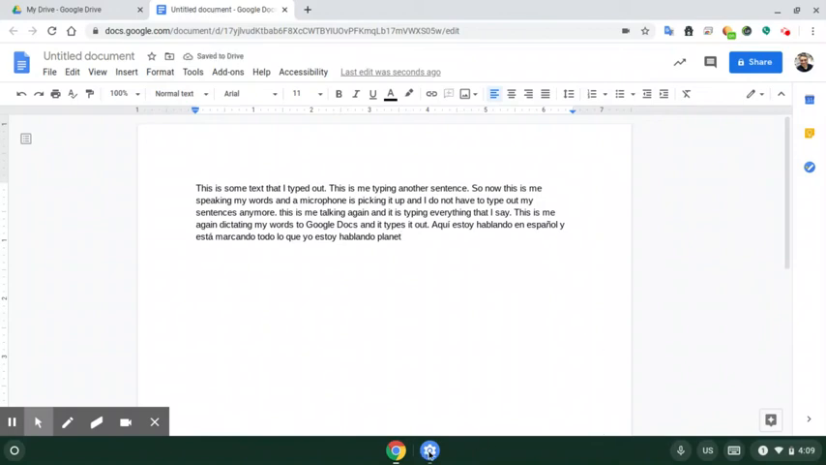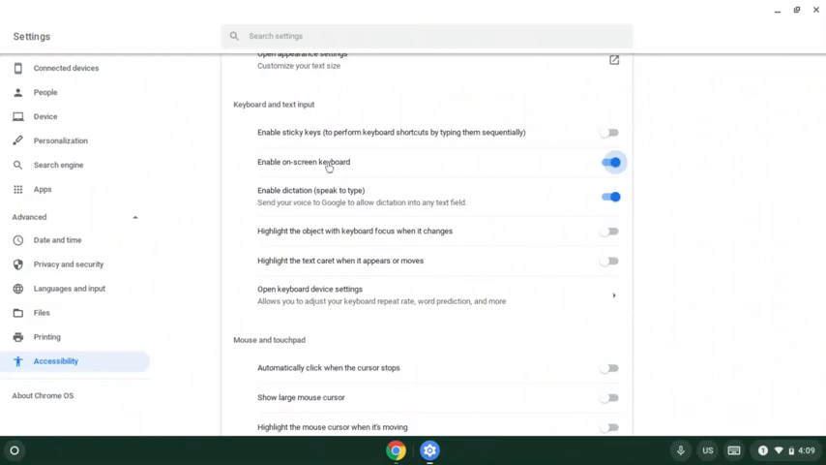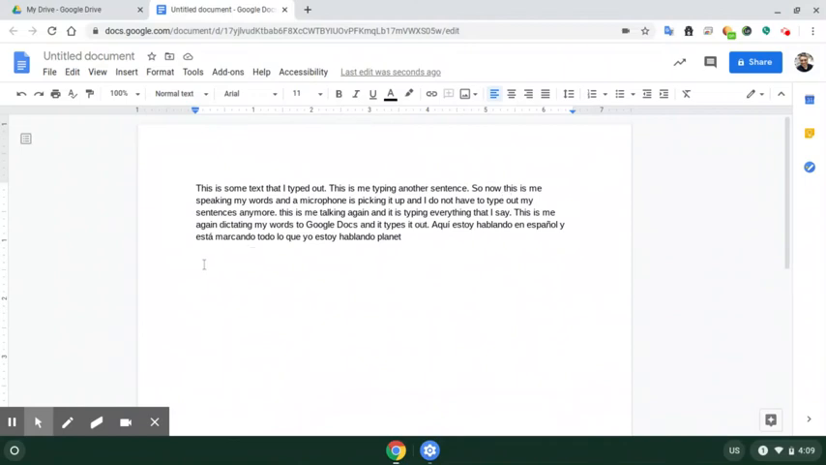All right, so I'm going to go back into the settings. On-screen keyboard, I'm going to turn it off for now. The dictation, I'm going to turn that off for now. Okay, so now, highlight the object with keyboard focus when it changes. So this one is really neat too. So I'm going to turn it on. So what this lets us do is whenever,